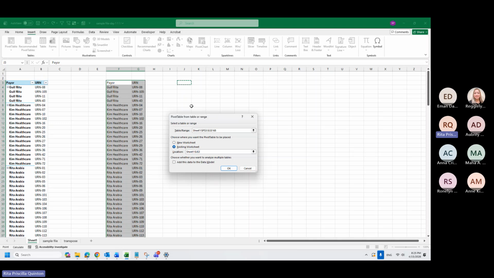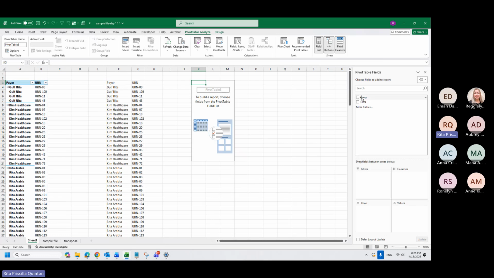Put it in a blank space, because if you have data over here, or if I put it here, it will not allow me. It will show me an error that you already have a file or characters here. So make sure to put it in a blank space.